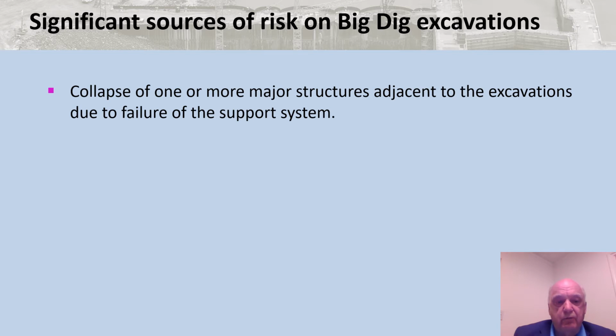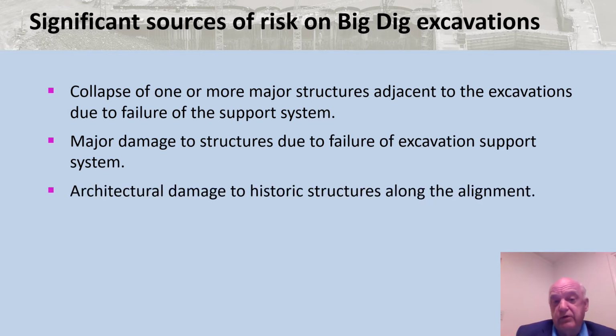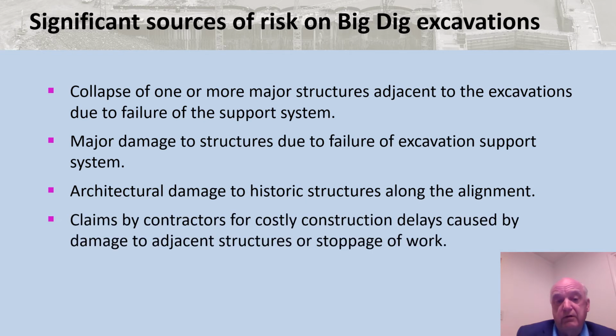So looking at this from what are the significant sources of risk, it could be collapse of one or more major structures adjacent to the excavations. We had many high-rise buildings within the construction impact zone. Major damages to other structures due to failure of the excavation support system. Architectural damage to historic structures, of which there are 150 along the alignment. And then significantly claims by contractors from costly construction delays caused by damage to adjacent structures or stoppage of the work, as we had a lot of contracts back to back. And so any delay could potentially compound